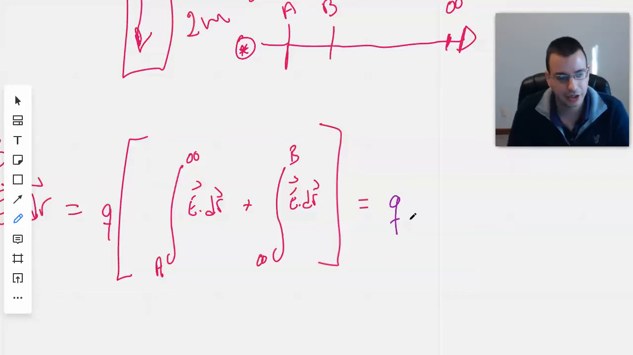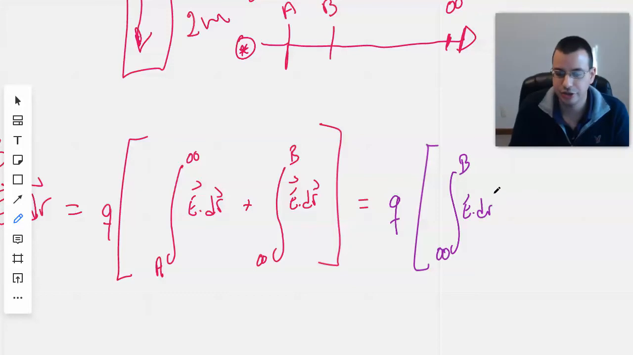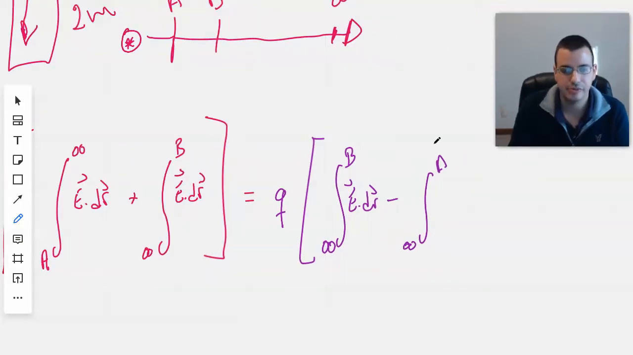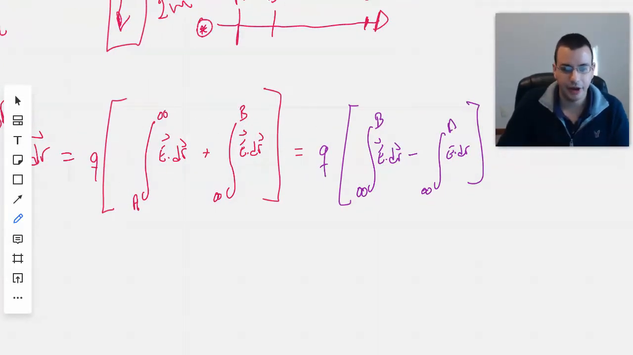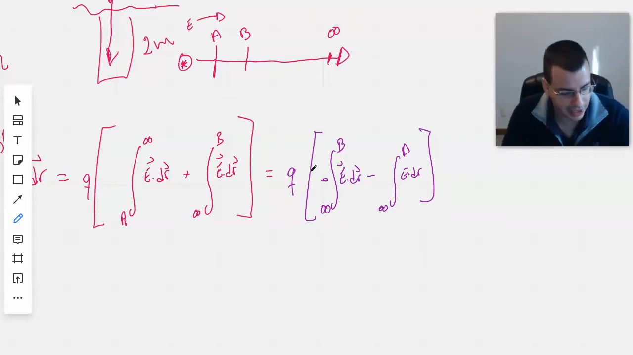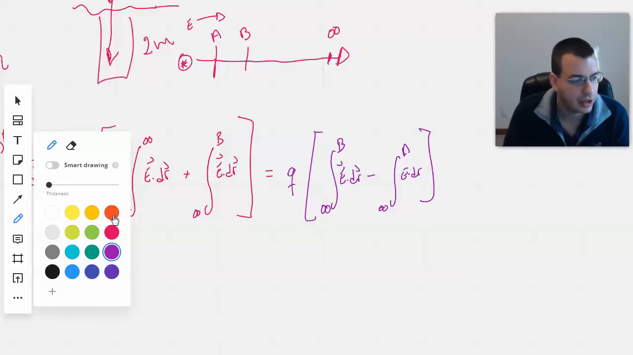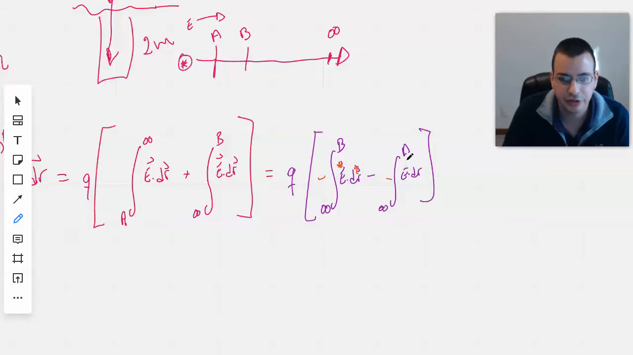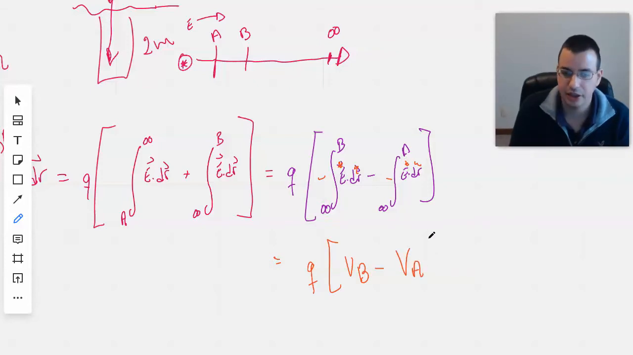So let's see here. We still have our Q. We'll flip this one around. So we'll have infinity to B, E dot dr. I'm just moving it, minus infinity to A, E dot dr. Yep, flip the limits of integration, and so you flip the sign. And now I'll get rid of, probably should use a different color for this. I'll now choose to put in the negative signs. And so now we can see that we have VB minus VA,